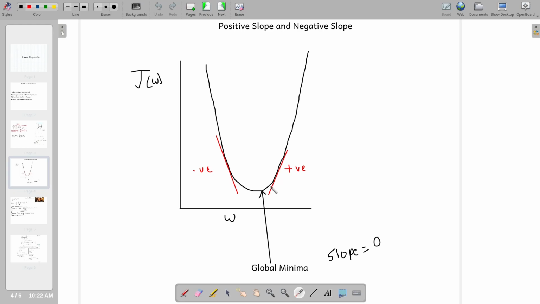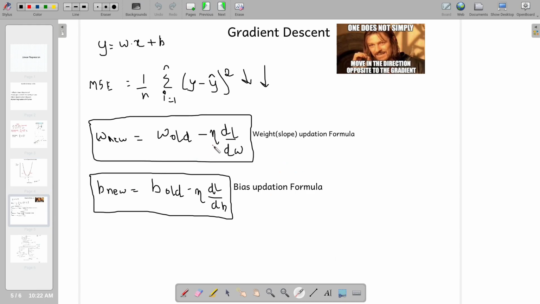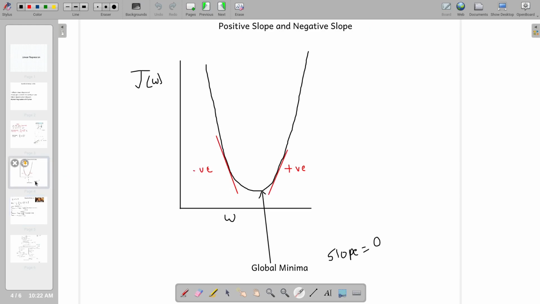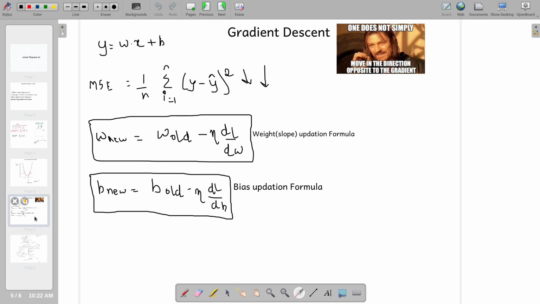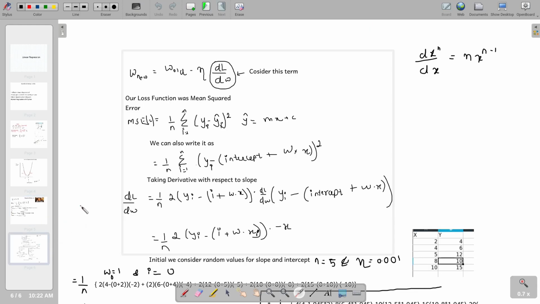The aim of gradient descent is to achieve global minima where slope is equal to 0. Eta is nothing but a step size of how fast you want to converge to the global minima. It should be very small because sometimes it just hops from side to side. It never converges. It never reaches global minima. So we have to keep the value as low as possible. Generally, we keep it as 0.001. Now let's hop into math, and trust me guys, it's very amazing.